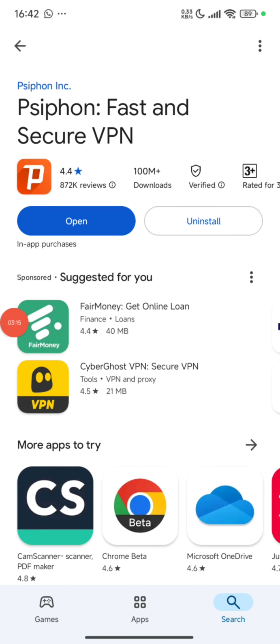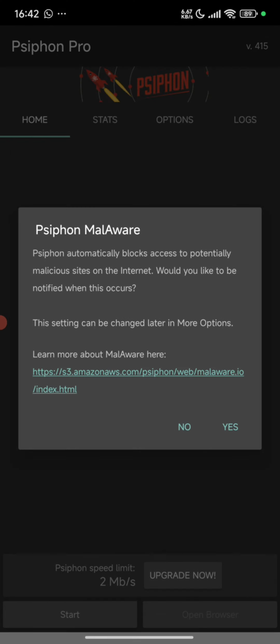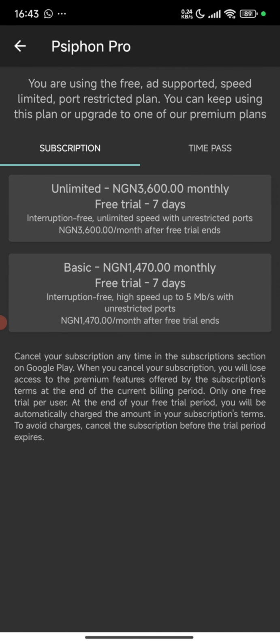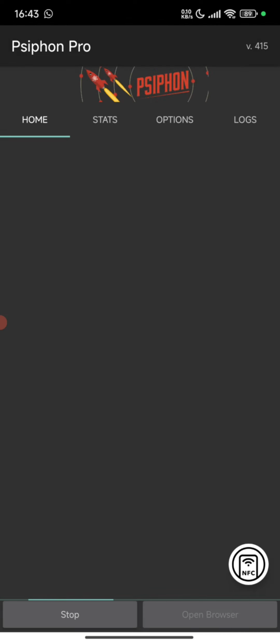Alright, so after installing, let's open and accept. So as you can see, this is how the VPN works, and it's showing us the speed limit is just 2 MB. When you click on update now, it's asking us to pay a sum of 3,600 monthly, with a free trial for 7 days, and so on. And if you click on start and say okay,